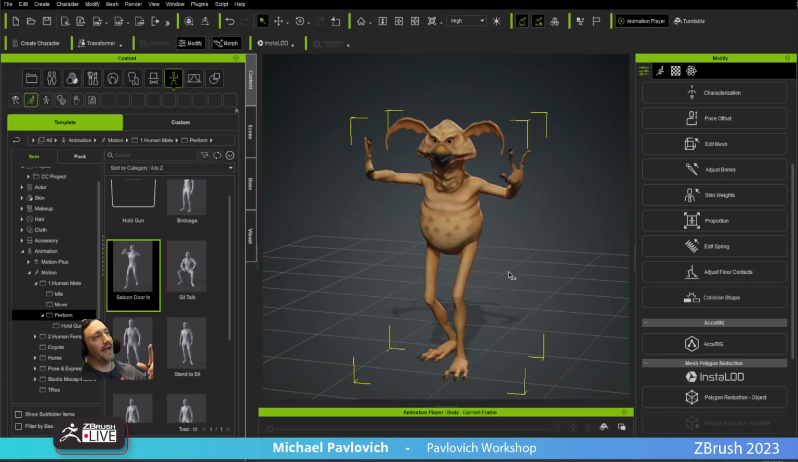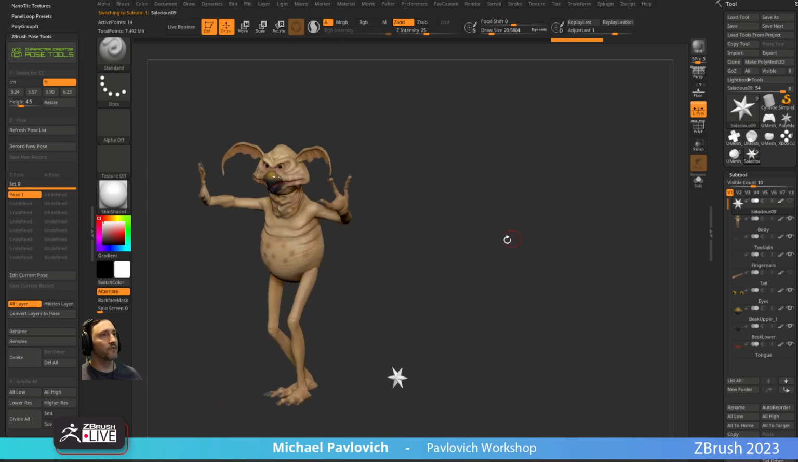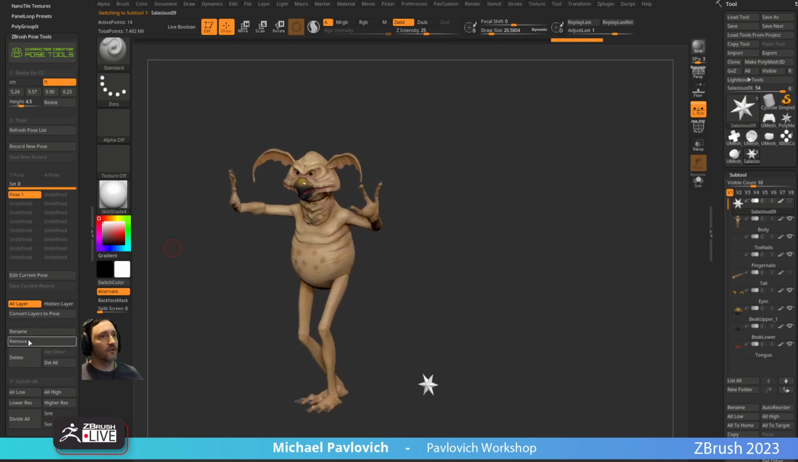That's going to go through and add a layer to every single one of my subtools, move my low res verts into position, and store it as a pose that I can snap to. So here we are moving into this pose. Okay, so here's my pose, and that's called pose 1. Let's go ahead and rename this to